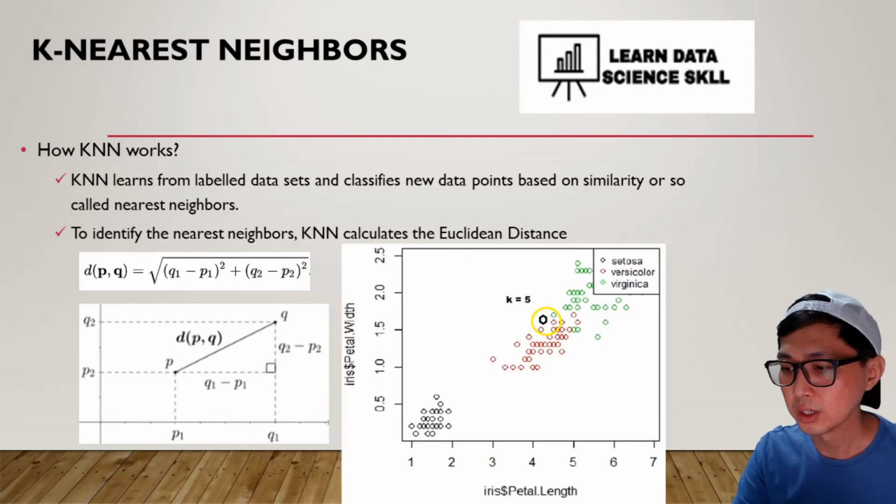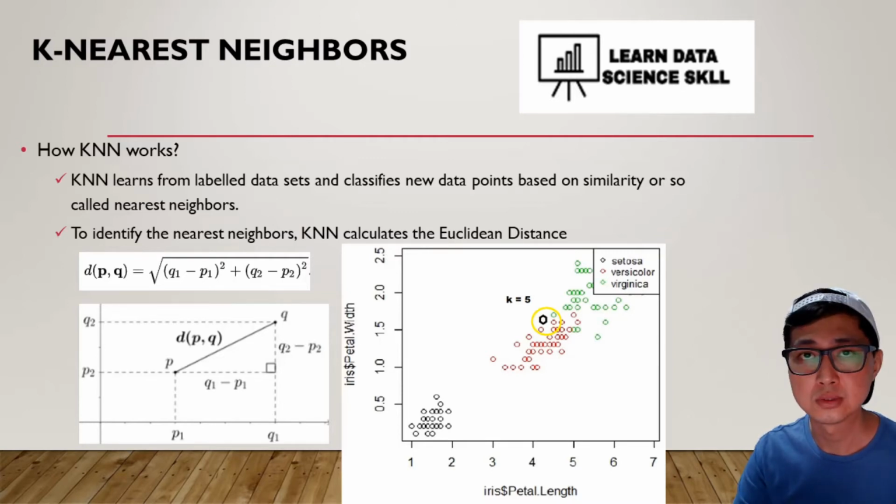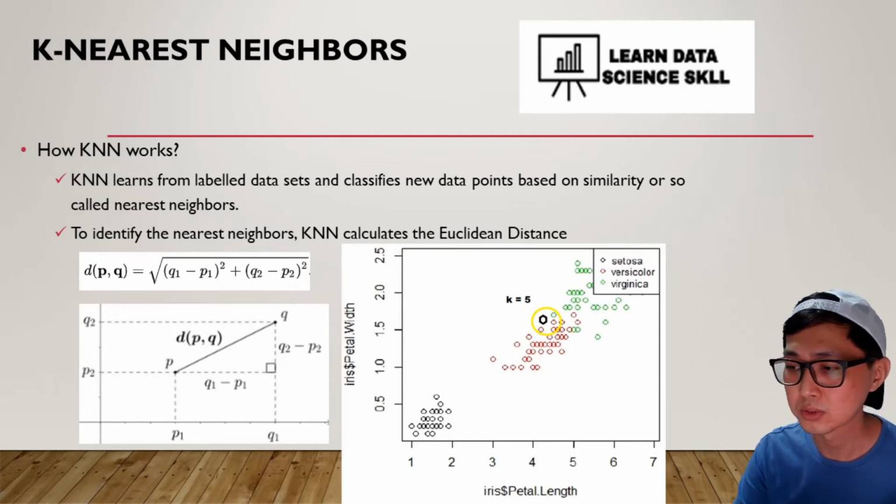So if you look at this graph, you can see that in this scatter plot, we plot the flower petal length and flower petal width, and then we have three types of flower in this plot. So three types of flower are having different petal length and petal width, and it is easy to separate them into three clusters by using these two attributes. So if let's say you have a new data point that you want to check which type of flower it belongs to, for example Setosa, or Versicolor, or Virginica, you can actually put the data point here,